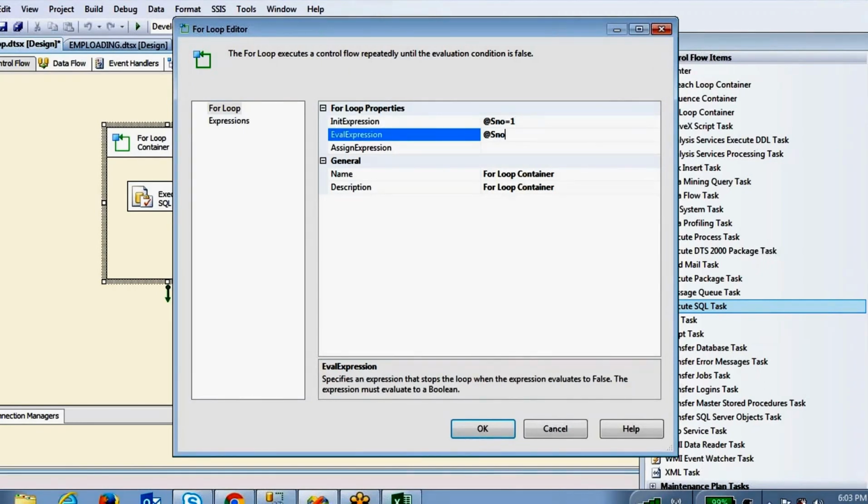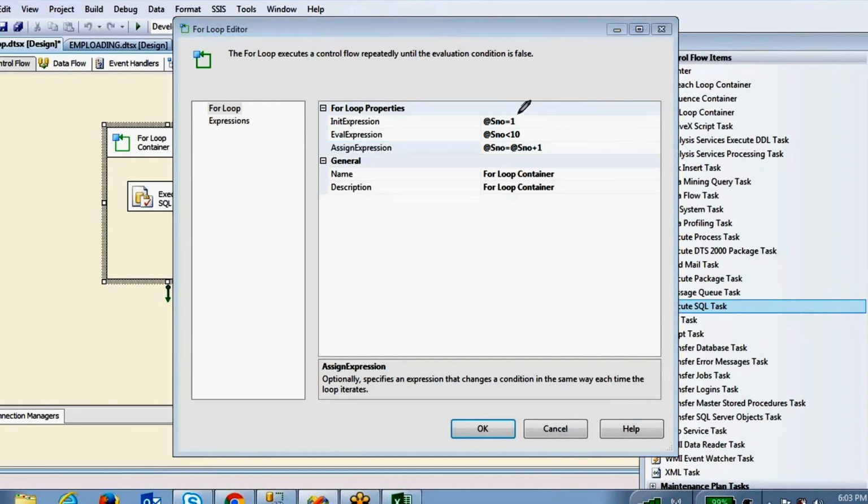Until this serial number is less than, sorry, this number I'm going to give 10. Until it is 10 the expression will loop, and I'm going to increment the serial number by one every time.